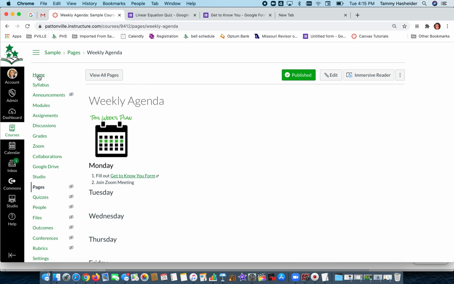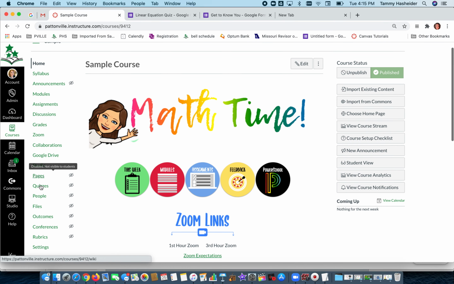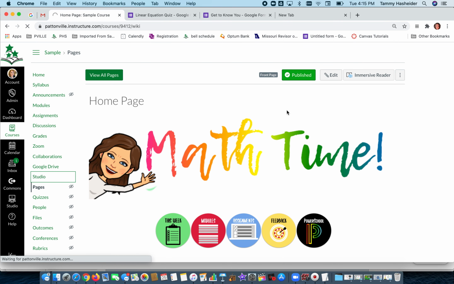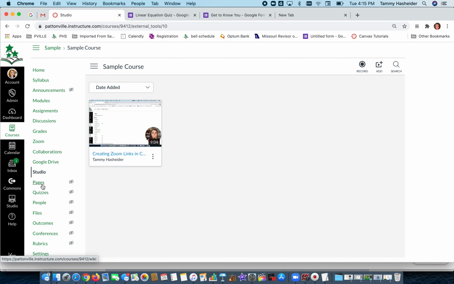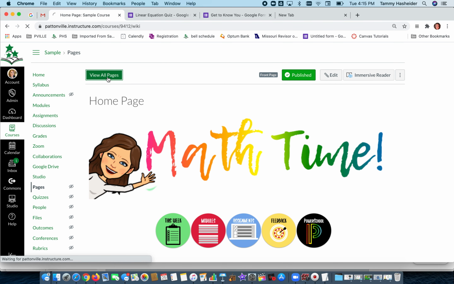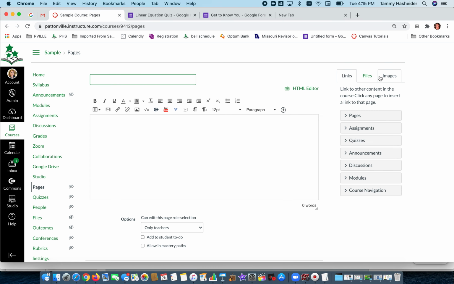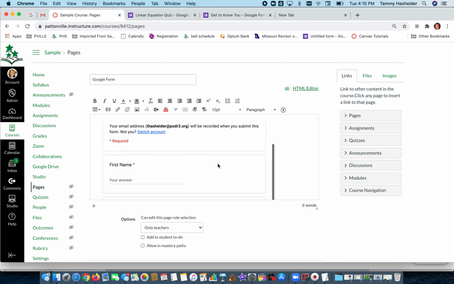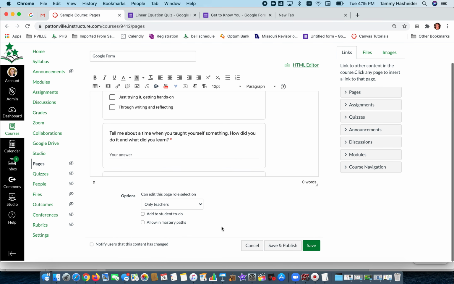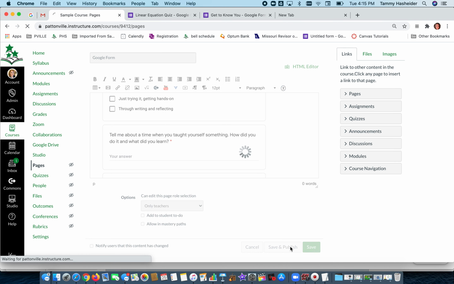So one way I could do that is if I go to a page, click View All Pages, and I can add a page. And inside of the page, I could click on the HTML editor, and then I could paste in the code, and then just click back to the rich content editor, and you'll see that that form's embedded. So this is just a page. That's all it is. If I hit save and publish,